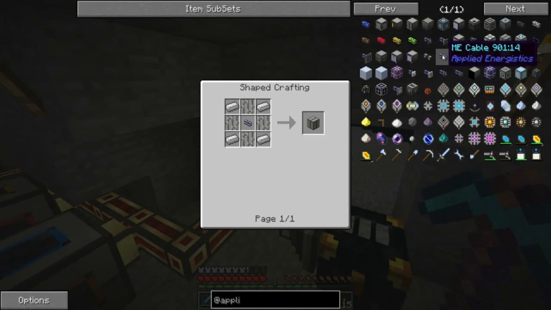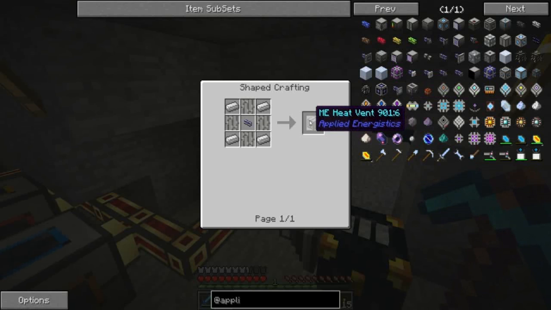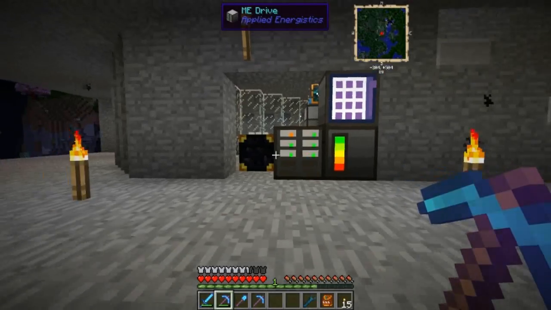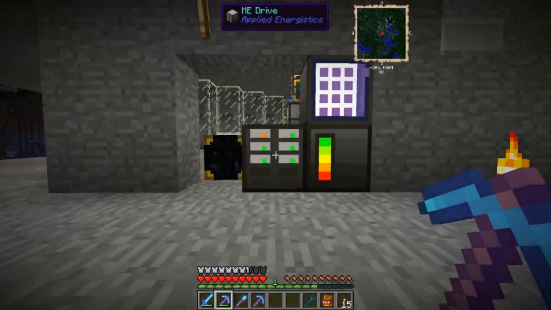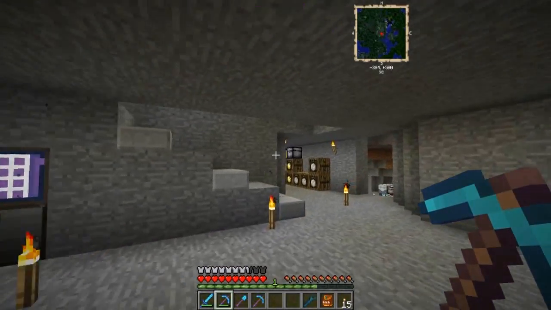Cable is a big one. Processors, the quartz knife, stuff like that. So what I'll probably do, I'll probably craft the components for the molecular assembler chamber after the episode is over today, and then we'll set up a baby one, and then we'll figure out how big of a molecular assembler chamber we actually need. I'm going to need to make a bunch more steam dynamos